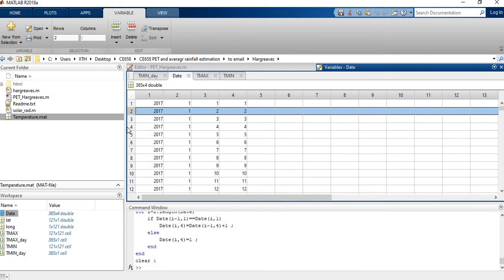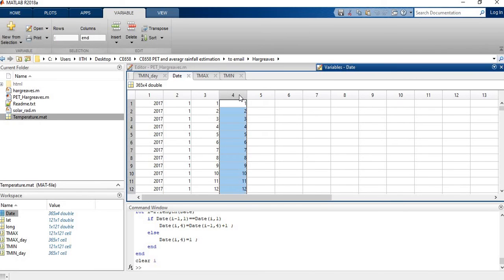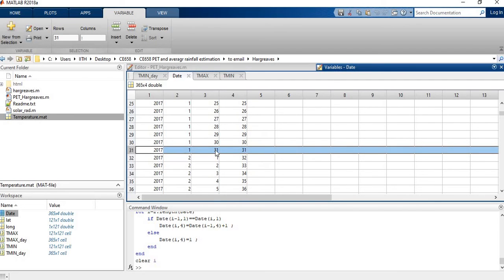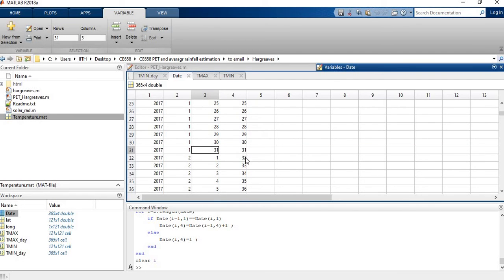So if you open this date variable, you can see the fourth column is added here. After January 31st, the next day is assigned as 32. So the last day will be 365.